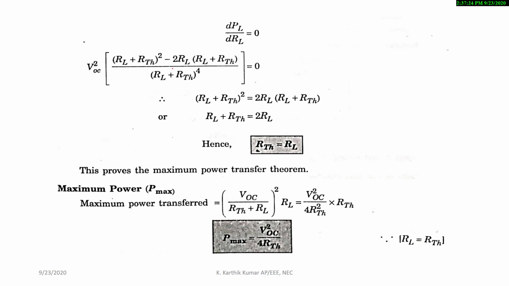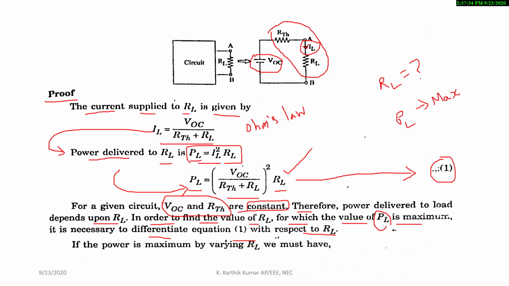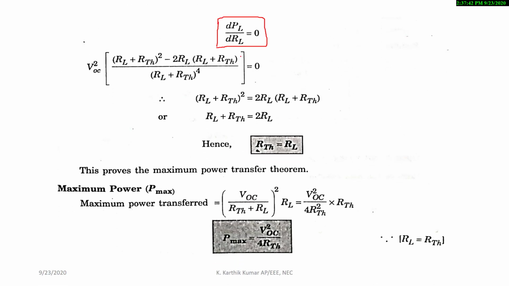That is, dPL divided by dRL is equal to 0. We already know PL is the power equation. This is in the form of U by V, so we have to differentiate accordingly. Here VOC is a constant. Hence, the PL equation is